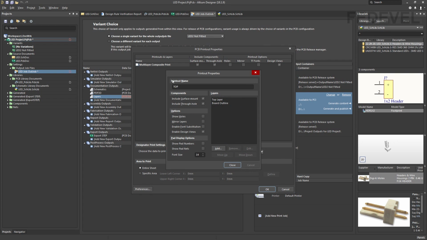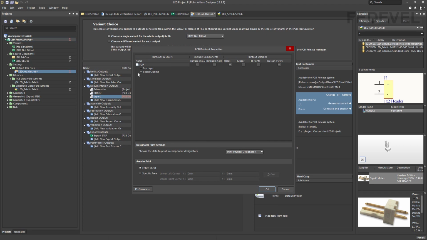So here in this top composite print is basically one page of the PDF. So on the first page of the PDF, we are going to have all the layers which we need to manufacture the top layer of our PCB. What is also very useful when you manufacture a PCB at home, you would like to see the holes because you would like to know where to drill. So left click here to check show holes. Left click on close. And let's do exactly the same also for the bottom layer.